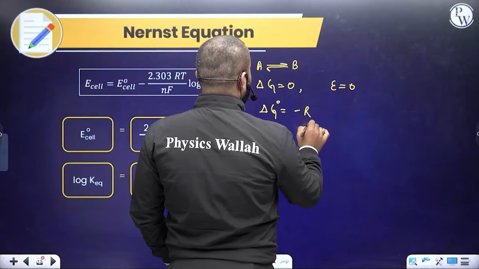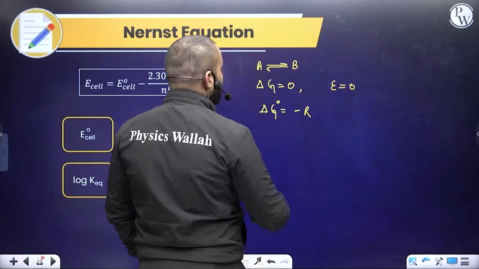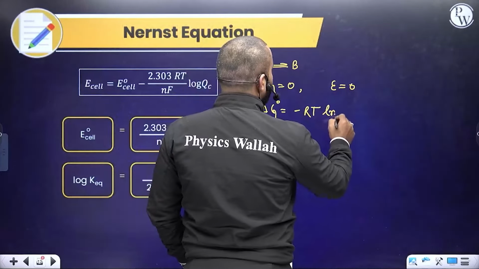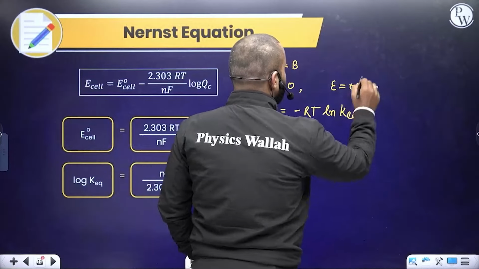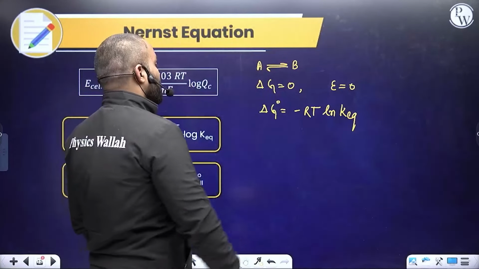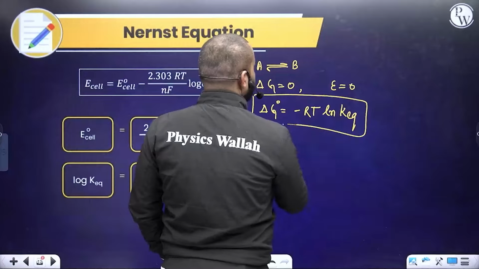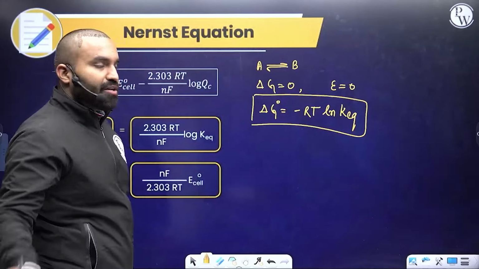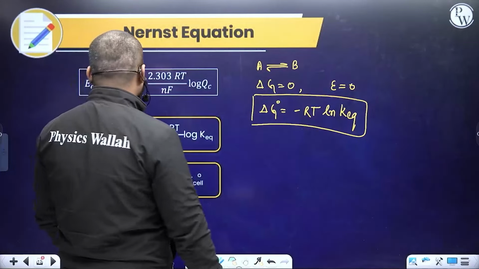delta G naught equals minus RT ln K. That K is K equilibrium. This is the equation you must remember. Delta G is 0, but delta G naught is never 0. Now I can say that